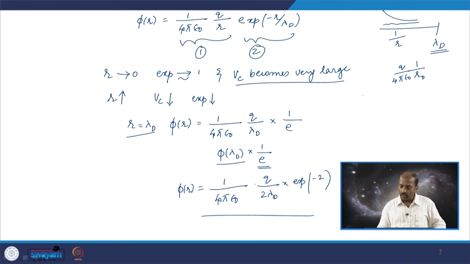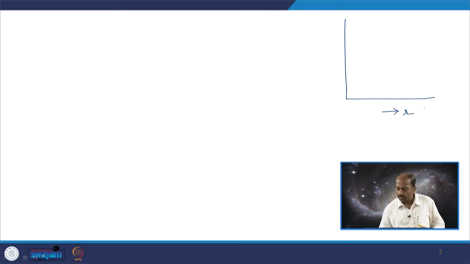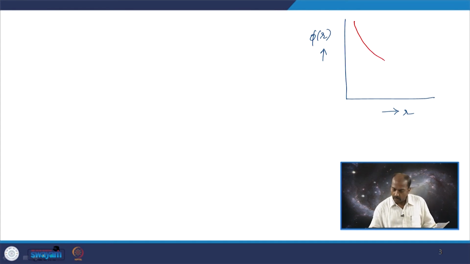So, the potential should ideally be like this, and then now the potential is dropping suddenly like this, right. Now, let us see if we draw it more carefully. So, now the potential is, if you take r on the x axis and phi of r on the y axis, it will look something like this. This is the 1 by r potential, and suddenly it becomes exponential and decays even faster. So, this decay is Coulombic,